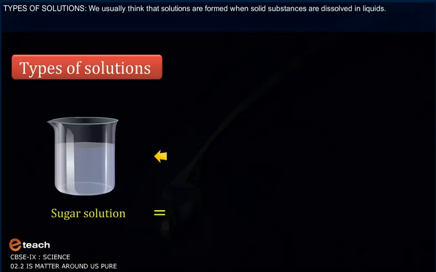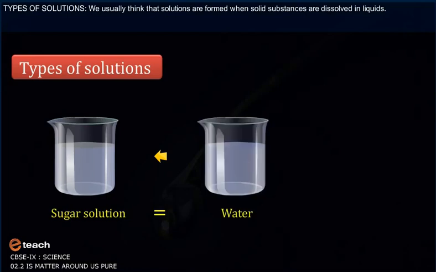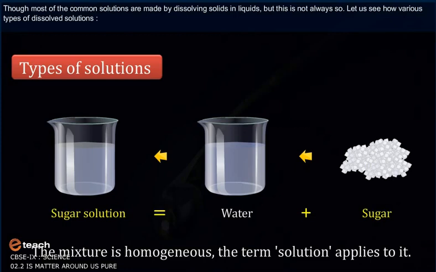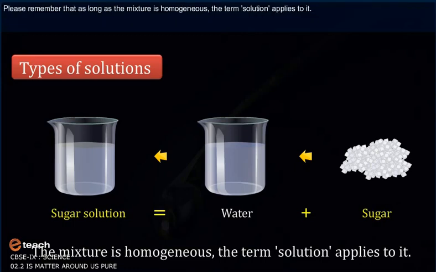Types of solutions. We usually think that solutions are formed when solid substances are dissolved in liquids. Though most of the common solutions are made by dissolving solids in liquids, this is not always so. Let us see the various types of solutions. Please remember that as long as the mixture is homogeneous, the term solution applies to it. The various types of solutions are: